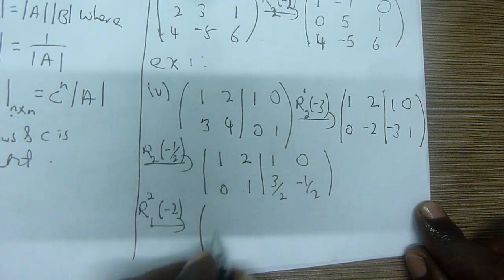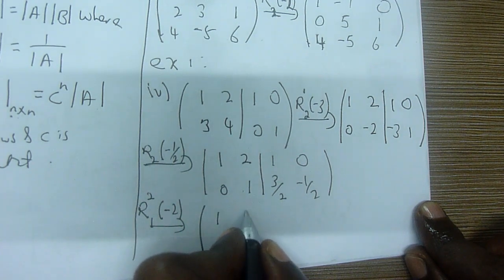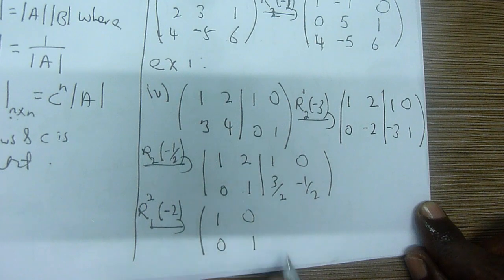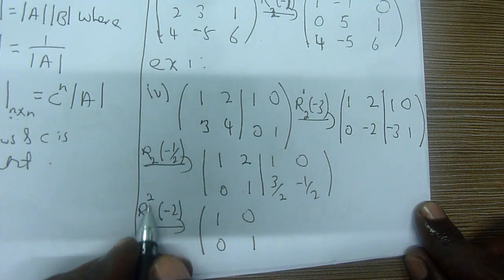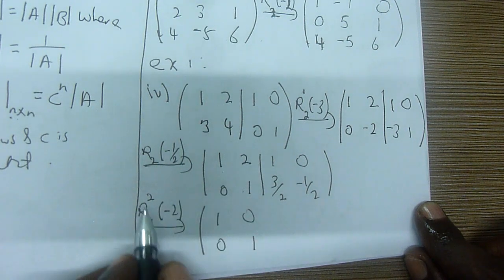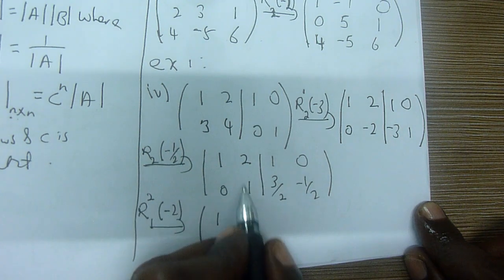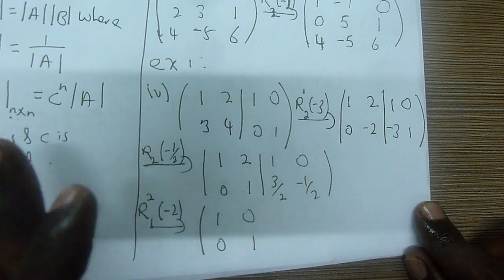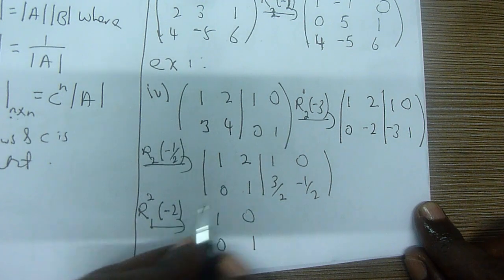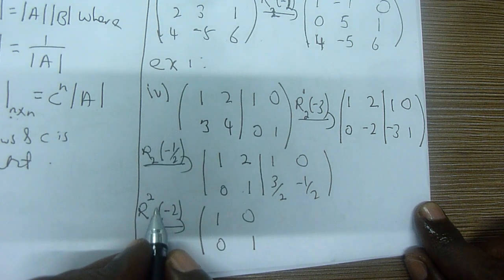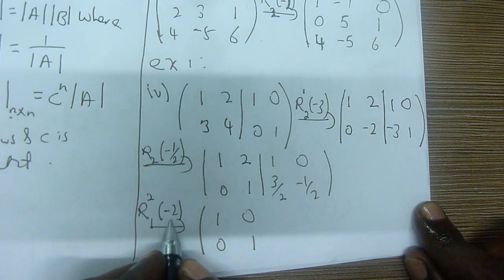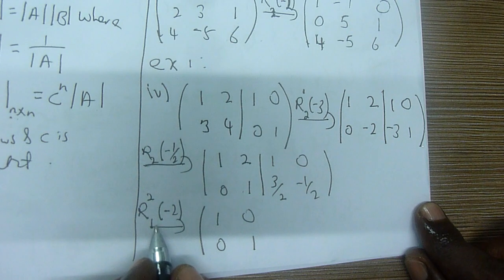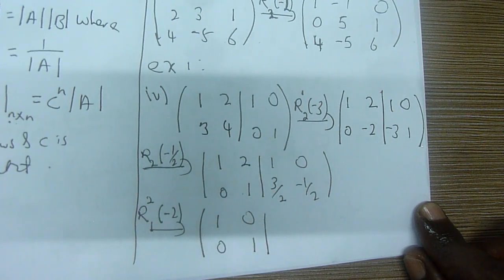Therefore, now you get 1 0, 0 1. How do I know? Because it's 0 already. Can you see that? Row number 2 times 1. This one is 0, no problem. You will get back. No issues. In this case here, you multiply and see. Row number 2 times negative 2, plus the 2, you get 0. Placing that into that.